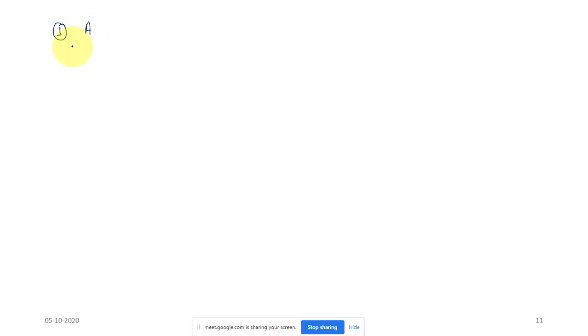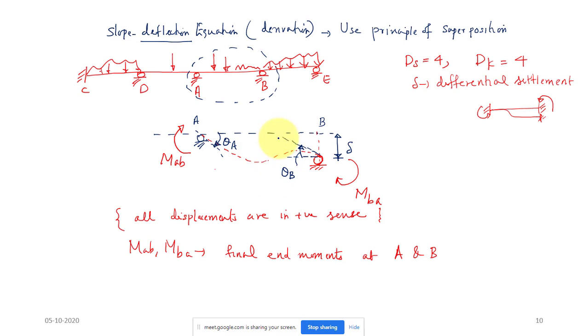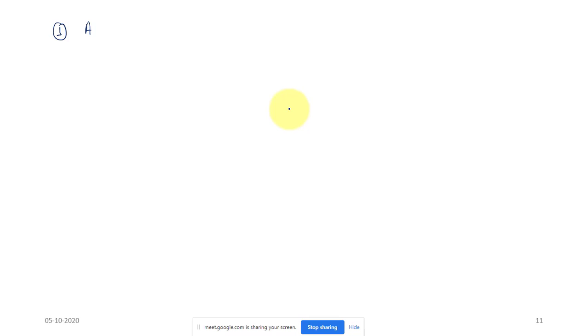Okay, instead of taking all together, which will be very complicated, I will be taking one by one. And in the first step, you just listen, and so at the end you will understand. Okay, if we have some confusion, the first step what you will do is I will just assume the ends are fixed. Okay, this is a step actually coming from the basic primary structure. We are making all the joints fixed. This step is coming from there. Okay, so assume the ends are fixed.